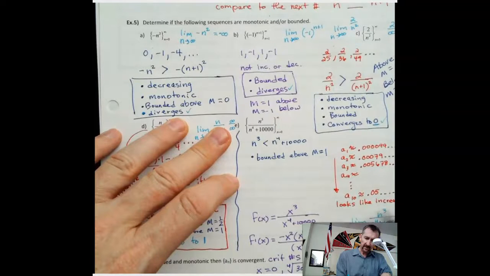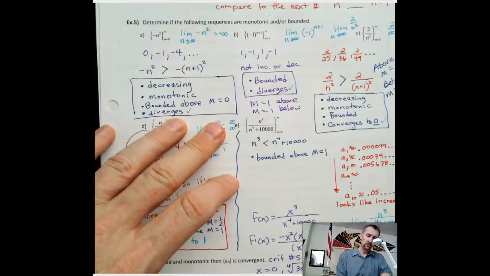So if we divide all of those by n cubed, we would have 1 over n plus 10,000 over n cubed. So when that goes to infinity, we would have 1 over infinity. So it converges